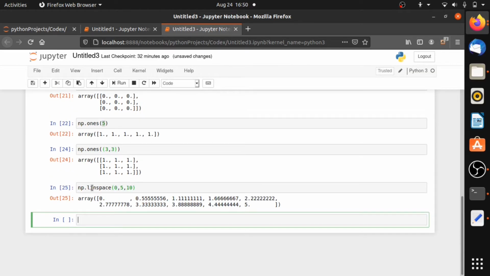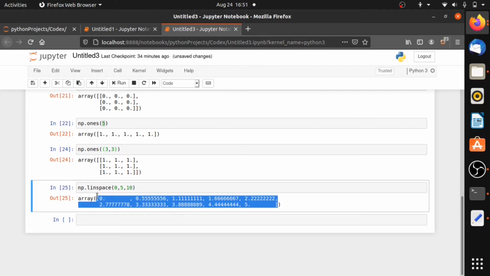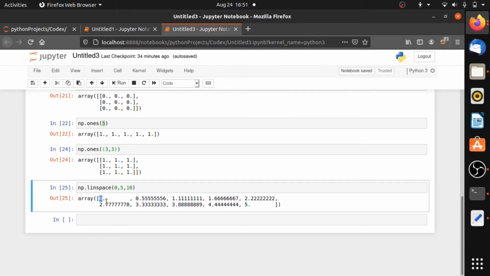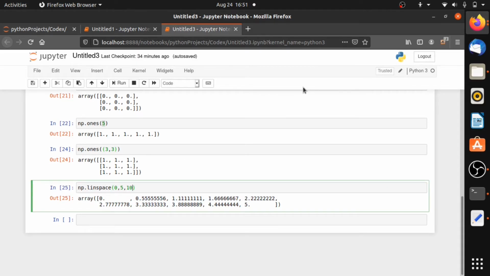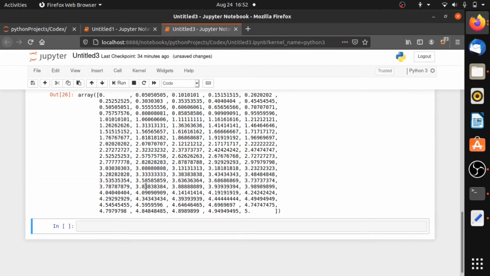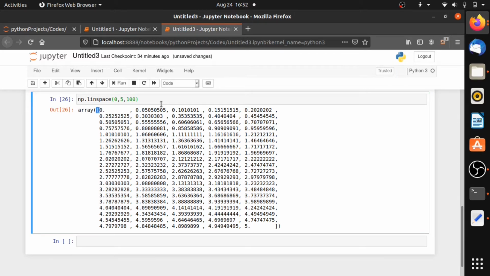See here, what this linspace function does is that it creates linearly and equally distributed values from the starting point and ending point directed here. You can use a calculator to check whether the values are equally distributed or not. Let's see, by typing 100, we need 100 values. That means we can read it as we need 100 values from 0 to 5 in an equally distributed sequential order. See here, this is the output. So this might look like a 2D array, but see here, it is a 1D array.